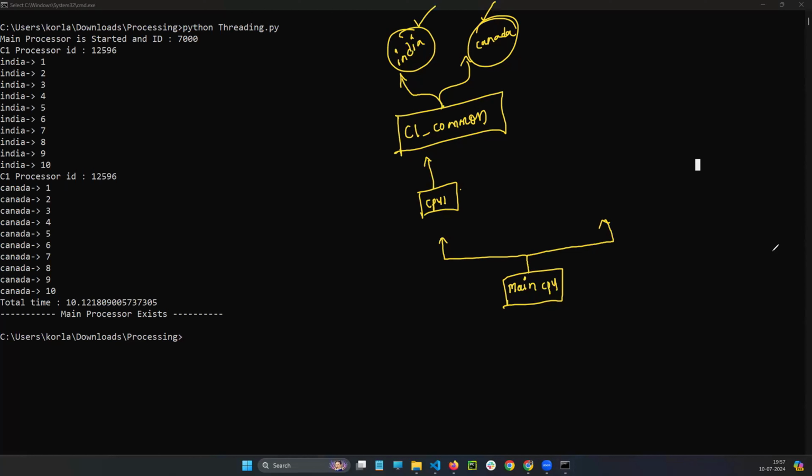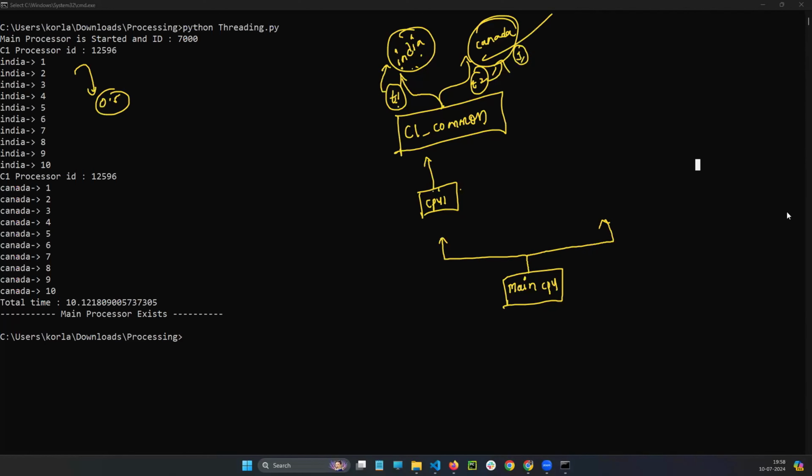Now what I will do to overcome this issue is, I will create a thread 1 for India, thread 2 for Canada. So if you create thread 1 and thread 2, what happens? The CPU will tell the thread to run India. In the first iteration, it is waiting for 0.5 seconds. Immediately the CPU will tell a thread, he is waiting, please run. It will come, so it will print. When he is waiting, immediately this one will come. So simultaneously at a time they won't work. But whenever it is just waiting for a nanosecond, this one will come. That is the power of thread.